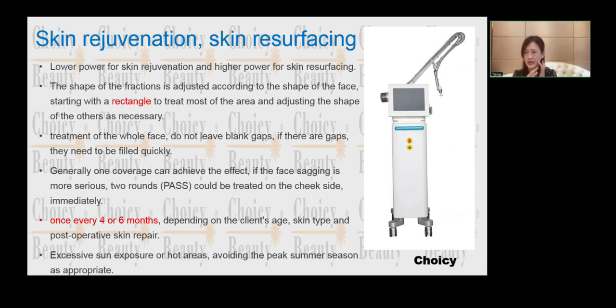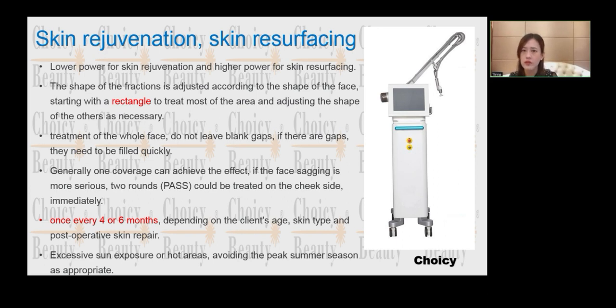And you also need to do peeling, so that means the energy is going to be very high. But for some skin, they do not have a very big aging problem. They are still very young, but they just want some skin rejuvenation, or the surface of the skin has some problems. Then they can do the treatment with the CO2 laser, but the energy will be much lower, according to the real treatment.